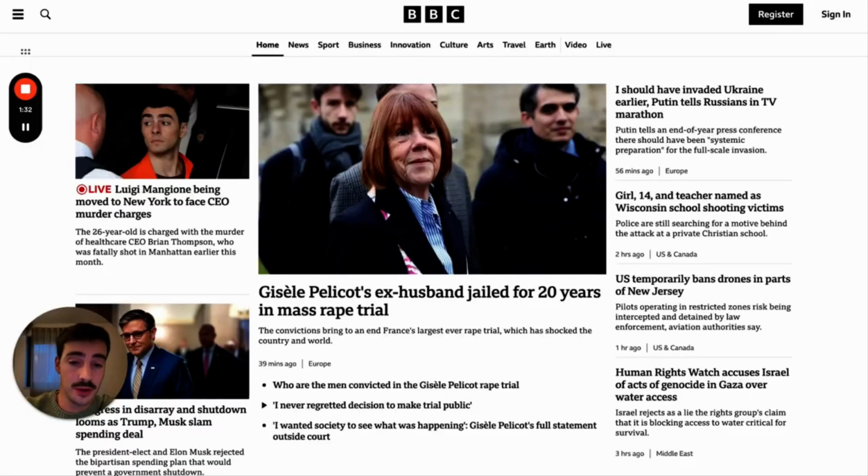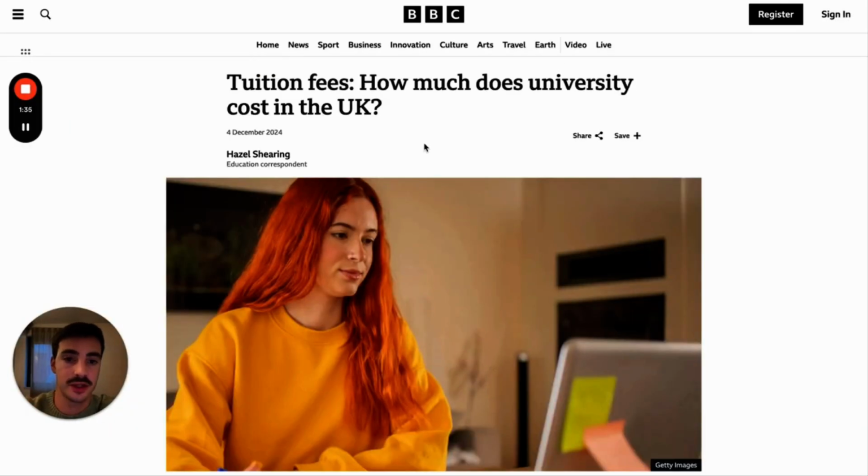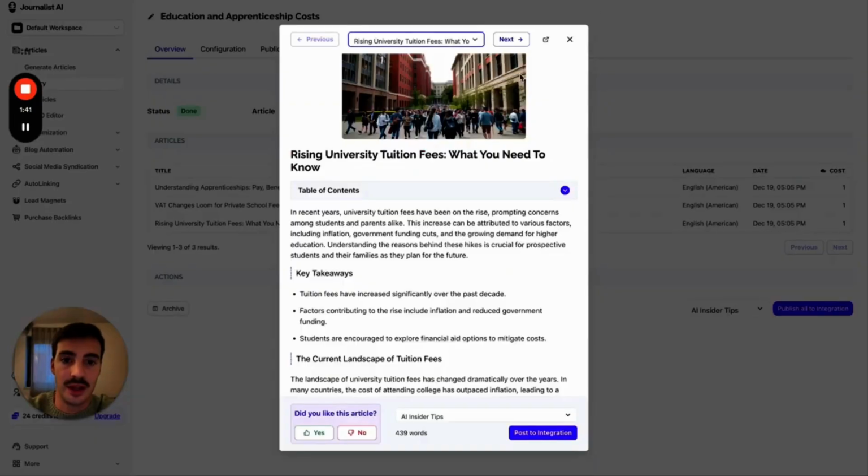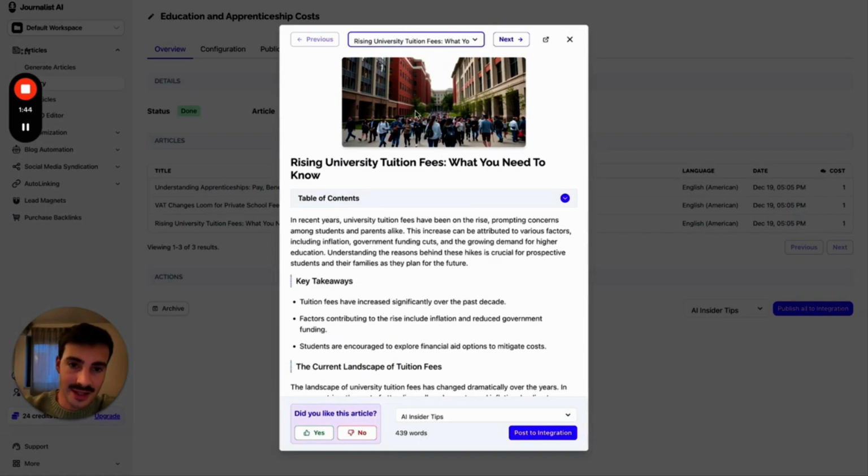Same thing for BBC News. We select a news item here. Let's say, for example, this blog post, Tuition fees. How much does university cost in the UK? We took this and repurposed it into this. So in essence, you can repurpose any single thing that has an RSS feed, because it's through the RSS